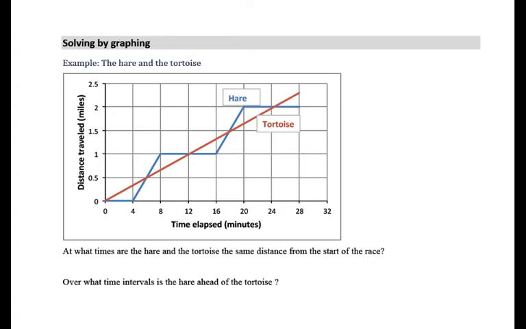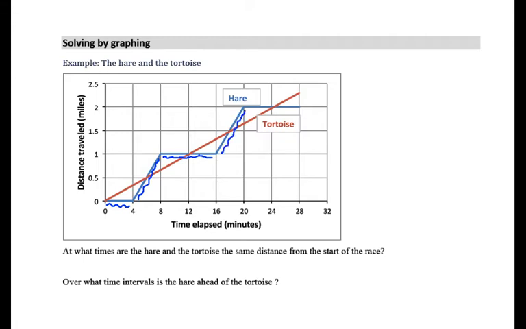To motivate the idea of solving an equation or an inequality by graphing, we're going to look at this example involving the hare and the tortoise. As we perhaps recall from the story, the tortoise is slow and steady, and the hare has these intervals of rest followed by intervals of a greater speed than the tortoise. Intervals of rest, again, where the function is like a constant function, and then intervals of a greater rate of